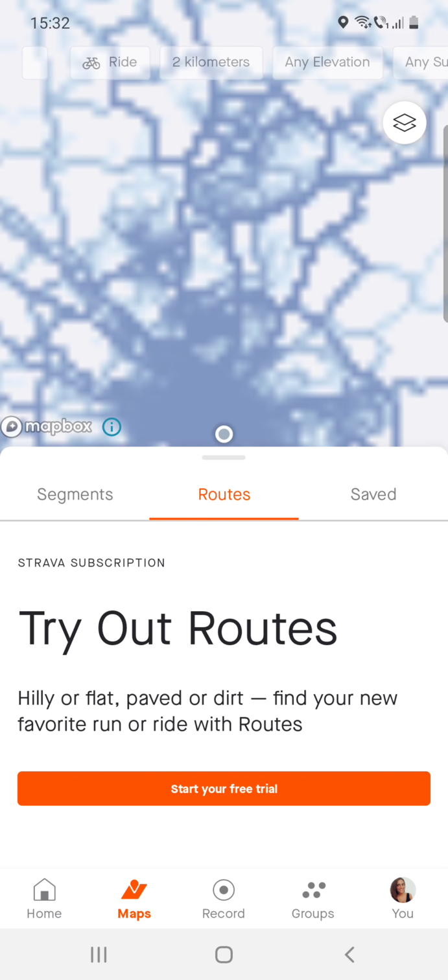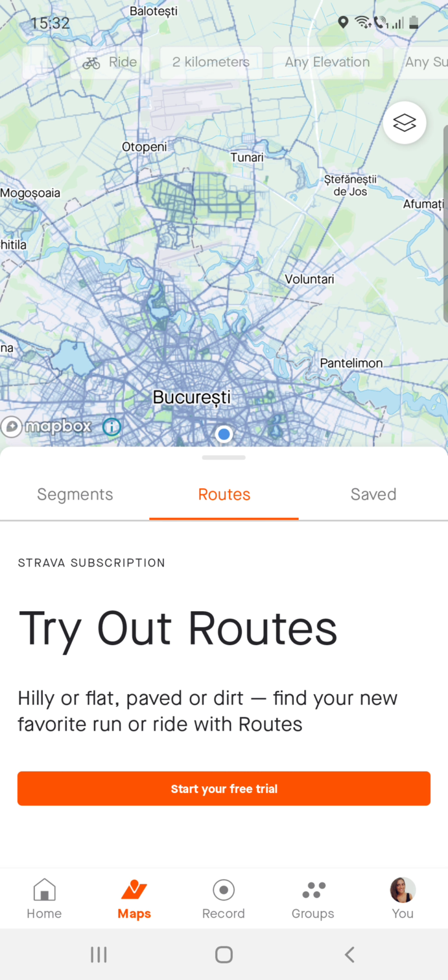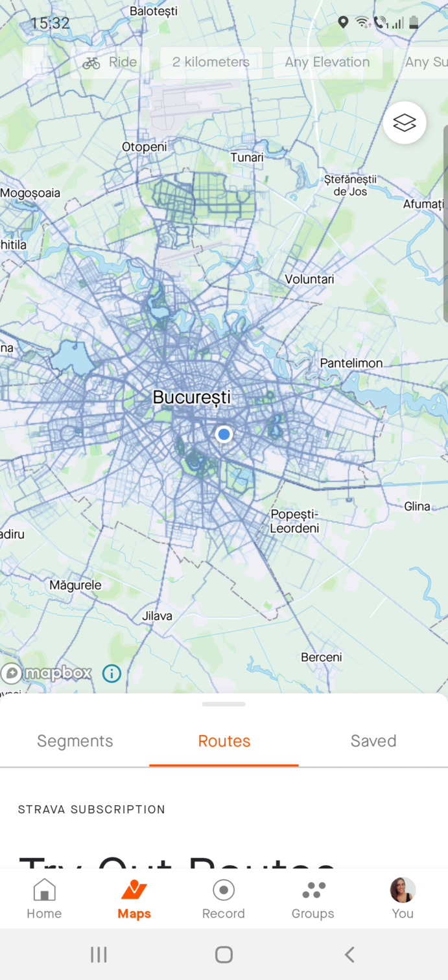So let's start. First go to Strava, and here you can see at the bottom maps. Click on that. And here you can see the route option, and it says try out routes, hilly or flat, paved or dirt, find your new favorite run or ride with routes. So for routes you have to have a Strava subscription,